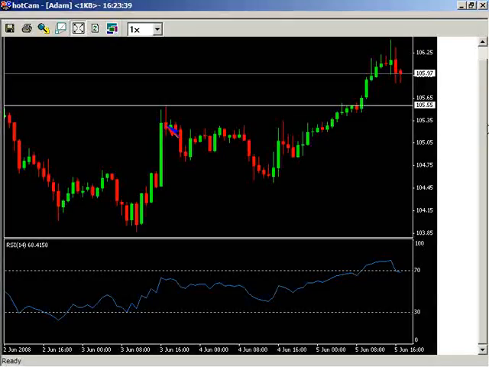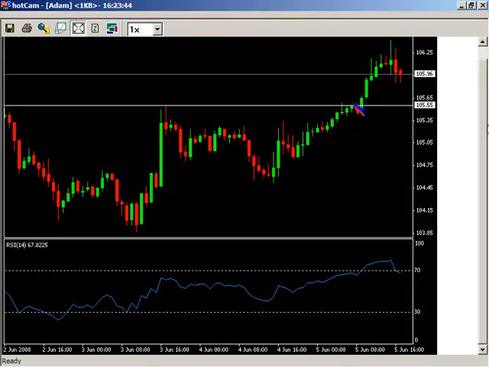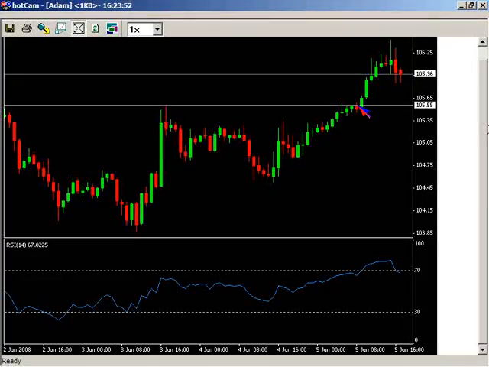How do I know it's significant? Because after we went to 105.55, we pulled all the way back here. So this tells me that if we break it this time, it's that much more significant. Now, if I would have taken the trade